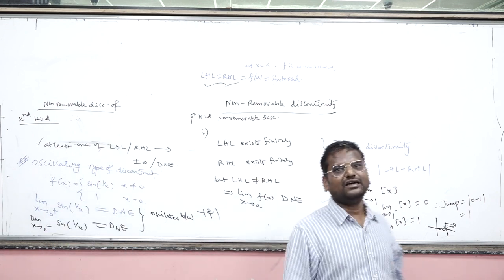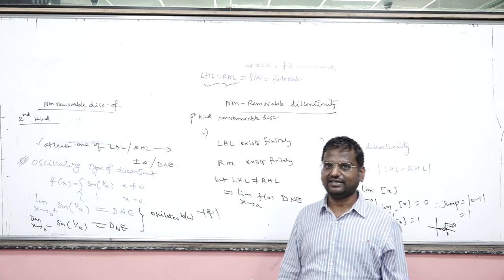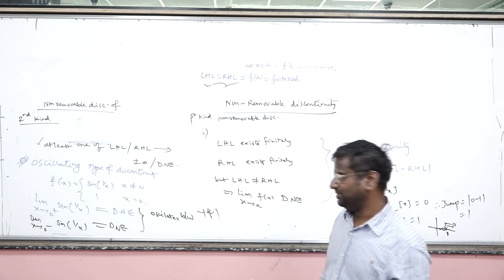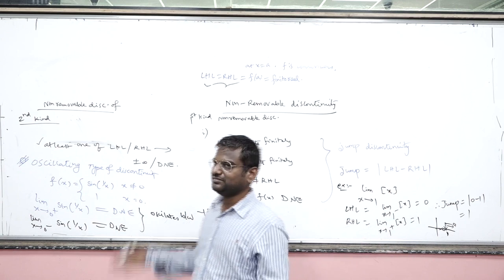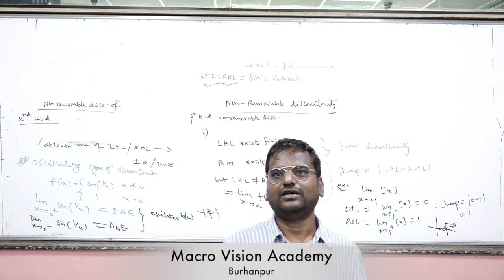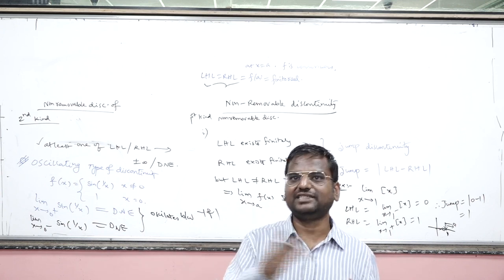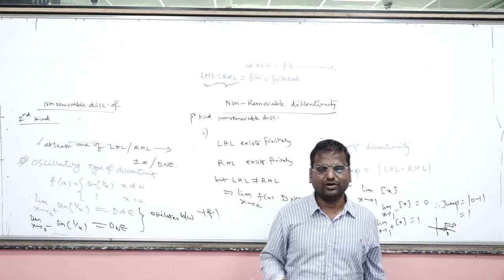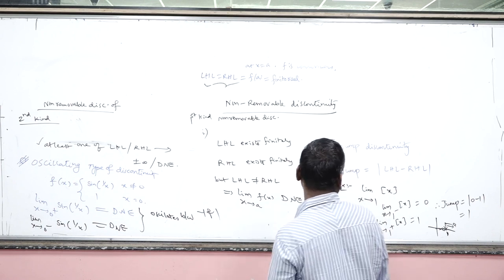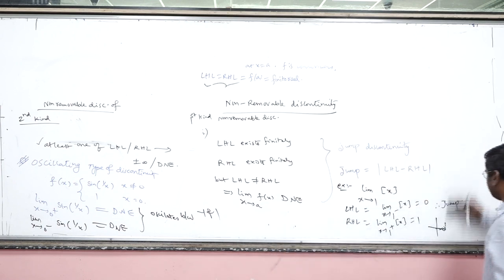Therefore, that is the reason oscillating functions are a very important category. We'll see what their importance is in the next topic, differentiability. Okay, so an oscillating function means the value of the limit is not known for sure to be a fixed number, but it oscillates between two fixed numbers, bounded. Okay, so that is the oscillating type of discontinuity. Next,